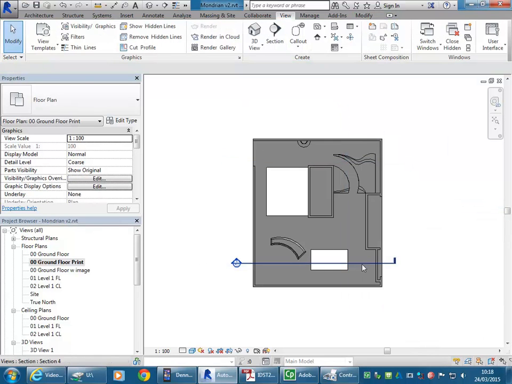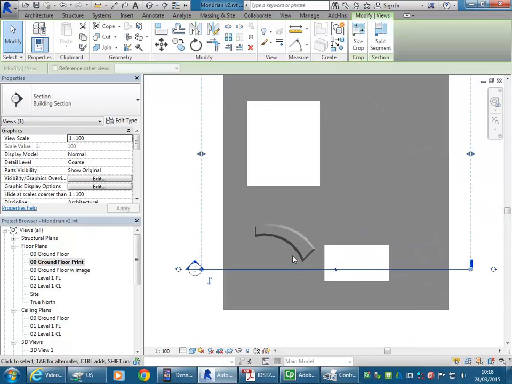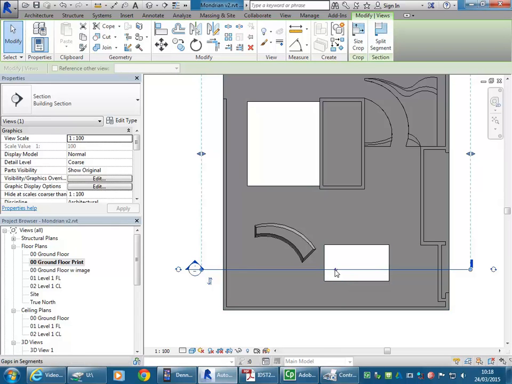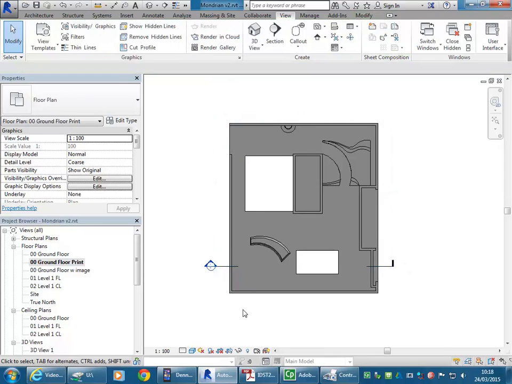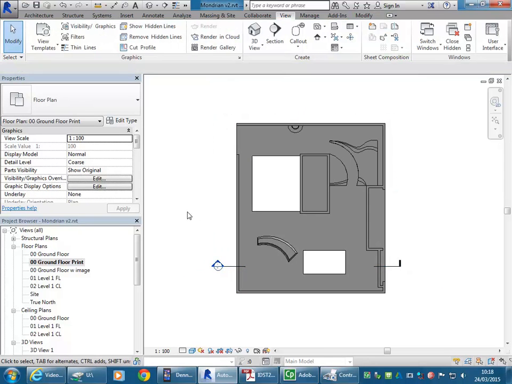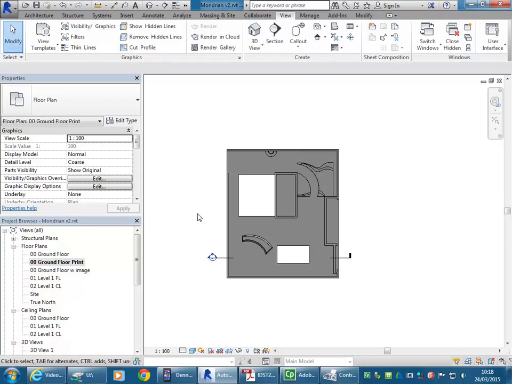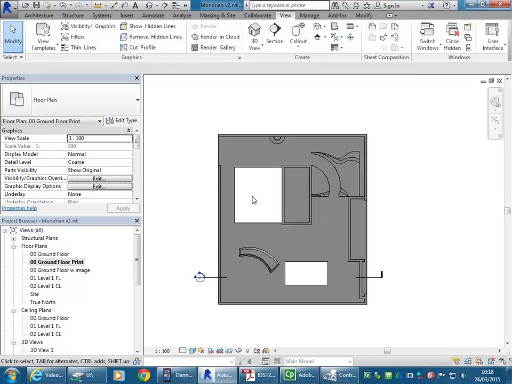So I now just have the one section view visible, and I will select that and break the line using that break symbol in the middle and move the ends across, tidy it up a bit, and that's fine as it is. Okay, so you can see how much cleaner the plan is there, but because you're going to do the rendering